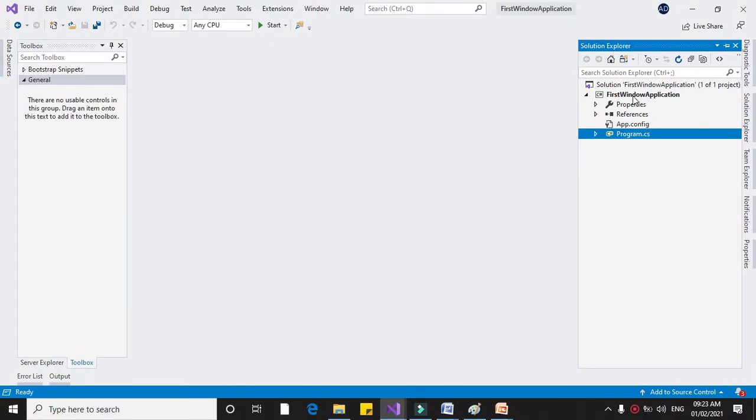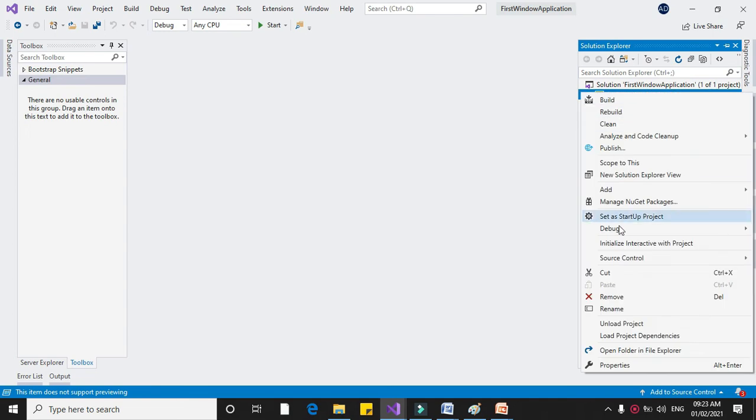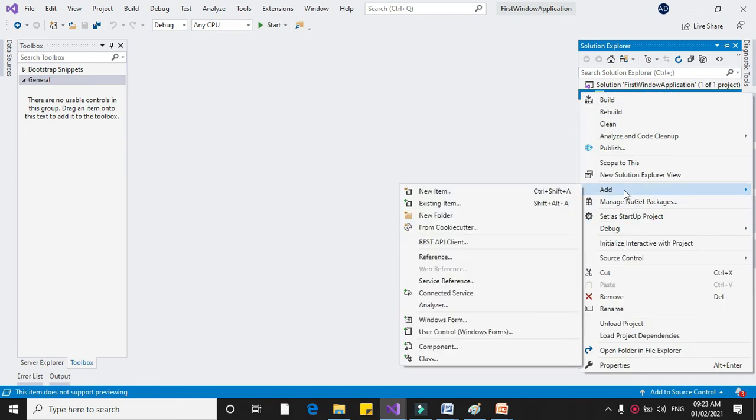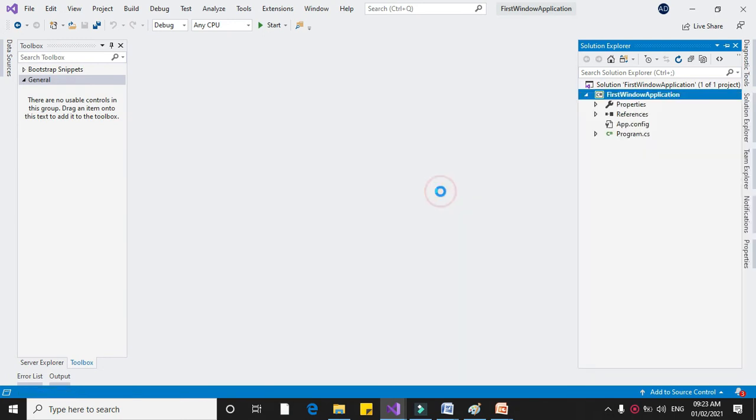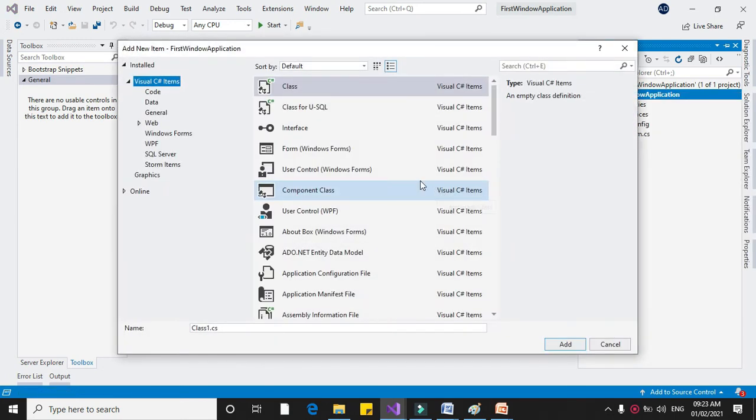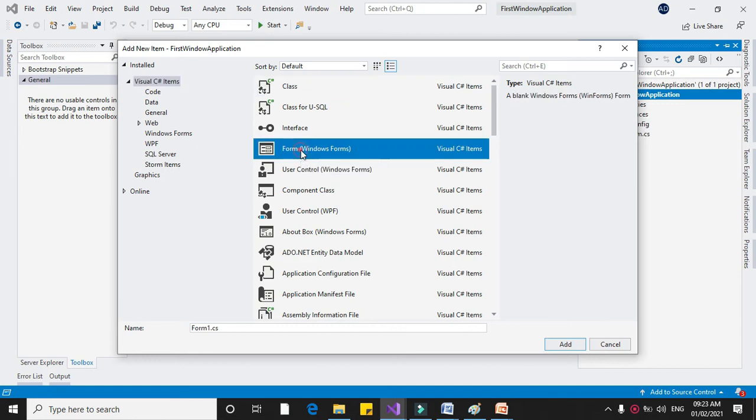To check the form control, we will add a new form here first. So to add a new form, select Add, and you can directly select the Windows form, or you can select from New Item, and from here select the Windows form. Name the form while adding it. So I'll add here the name FRM first form, and I add it.